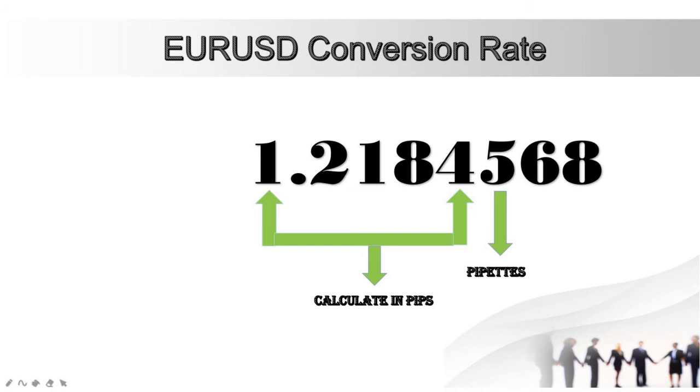Some brokers provide a currency price with more than 5 decimal places, sometimes even 6 or 7 decimal places. Even then, we should take the first 4 decimal places for pips calculation. I mostly don't prefer the pipot values since they often fluctuate. The above calculation method is followed for all currency pairs except the pairs with JPY.